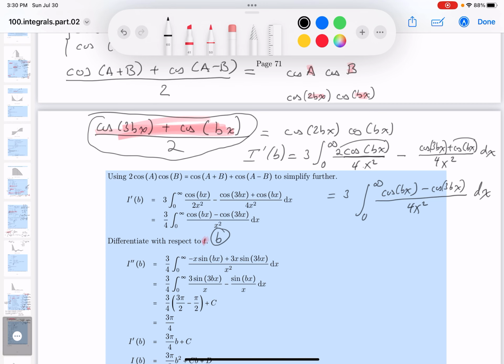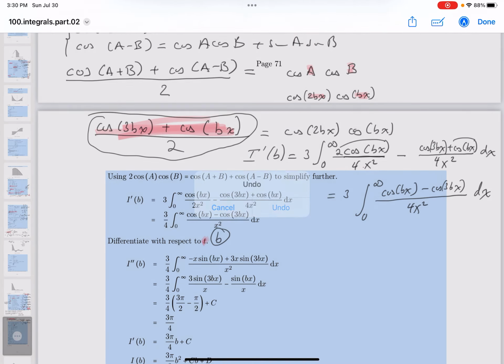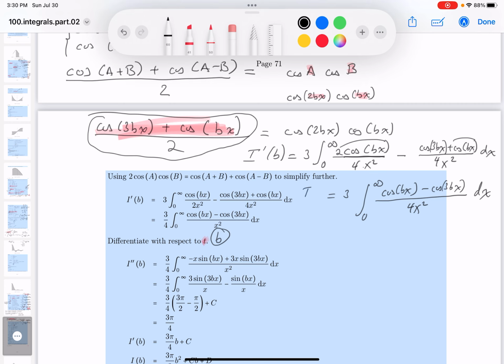All right, so this is I. Whoops, cancel. Let me put that down. This is I prime B. Let's differentiate again. And what do you get? By the way, you may be questioning what's been accomplished. What's been accomplished, I got really kind of 2 simple functions now, cosine, and they have no powers on them. I mean, really easy to differentiate. So it's going to be 3,